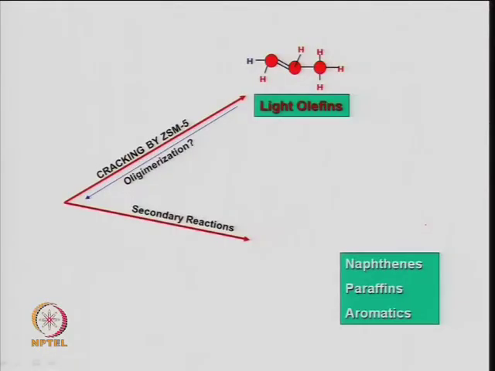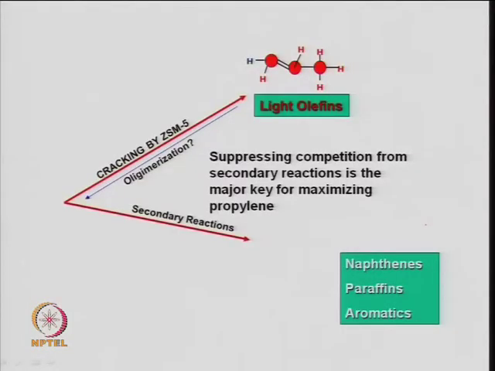Oligomerization also occurs: the olefins form and they oligomerize, and you have larger molecular weight compounds, which is what polymer gasoline is, during the reforming reaction. So there are different combinations, and for maximization of propylene, the secondary reactions need to be suppressed, and a new or novel catalyst system needs to be designed.